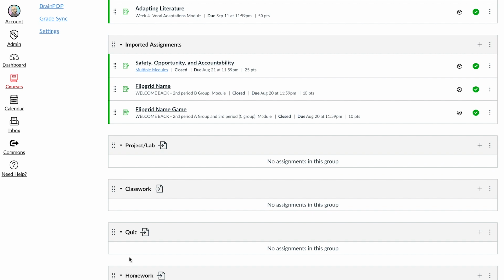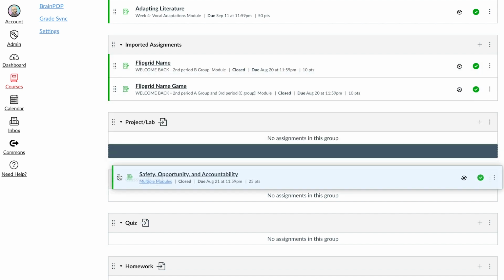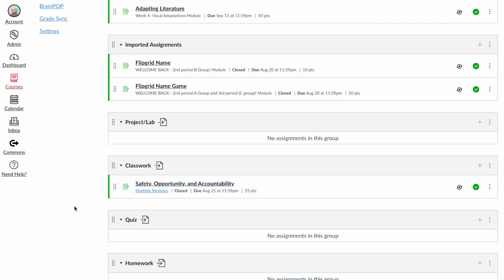Fortunately, it's really easy for us to move it there. Literally all we have to do is drag it into the one we want it to go to. So if this safety, opportunity, and accountability assignment is supposed to be under classwork, then I'm just going to drag it down to the classwork tab. Boom. Now it's there. If Flipgrid name is supposed to be in one of these, I can place it there